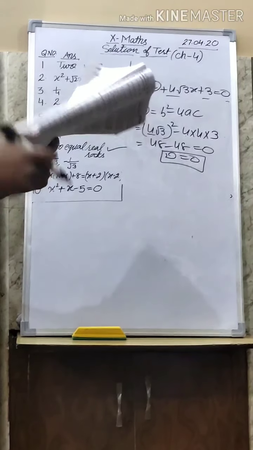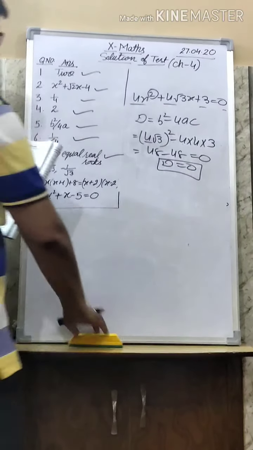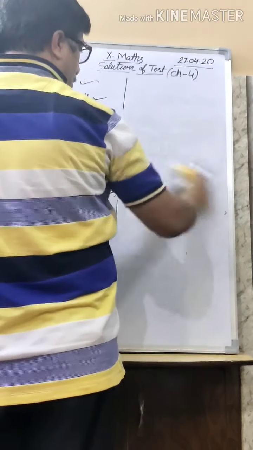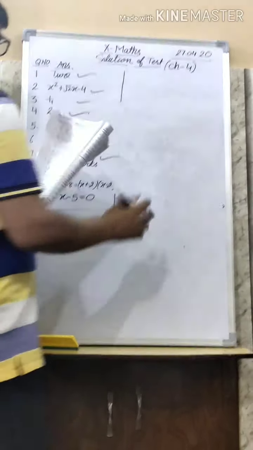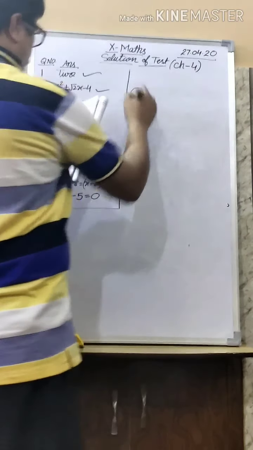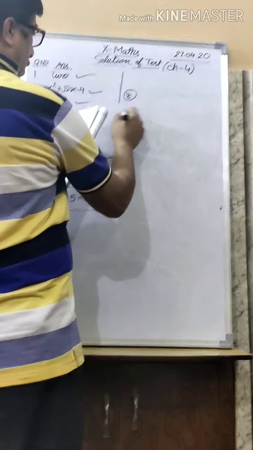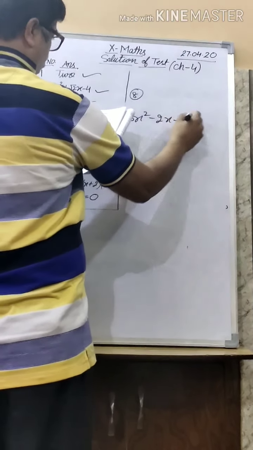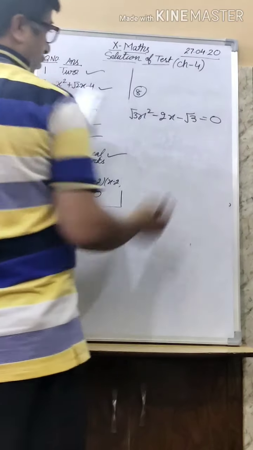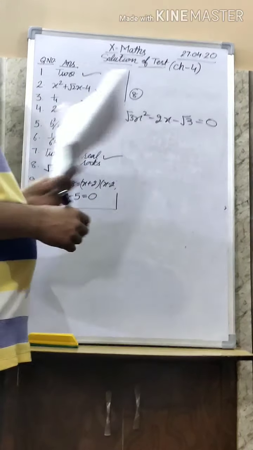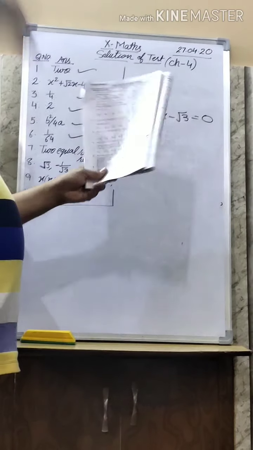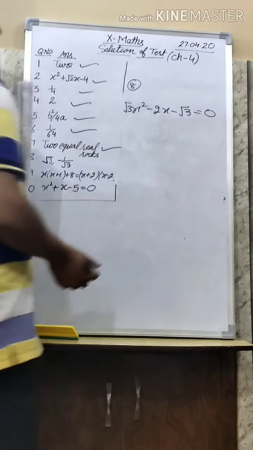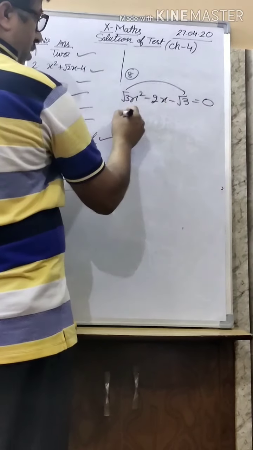So the next question was, the roots of the quadratic equation are. So my dear friends, 4 options are there. Out of 4 you have to see which one is correct. So he is asking 8 root 3x square minus 2x minus root 3 is equal to 0. So what is the method? If you don't know the factorization method, then solve by using the quadratic formula. Again we will tell you the answer, no problem. But here I am telling you by factorization.